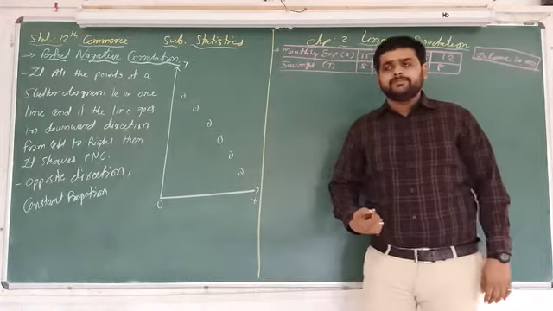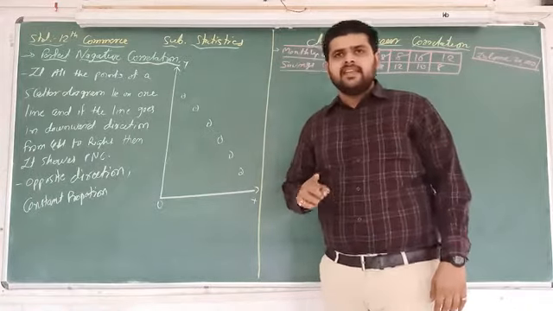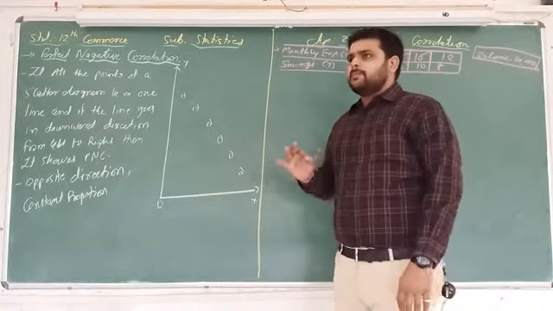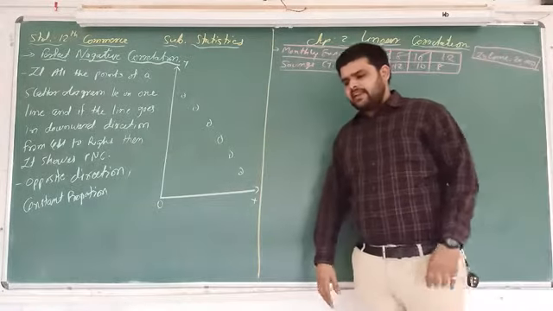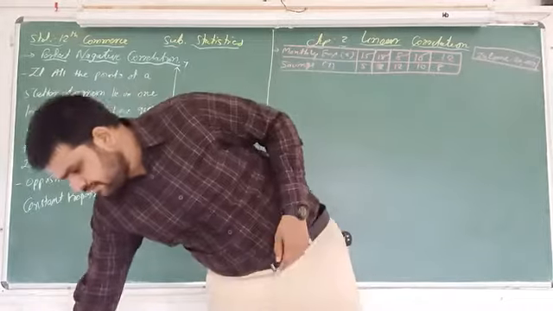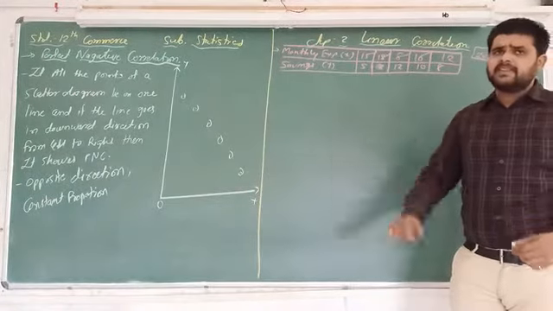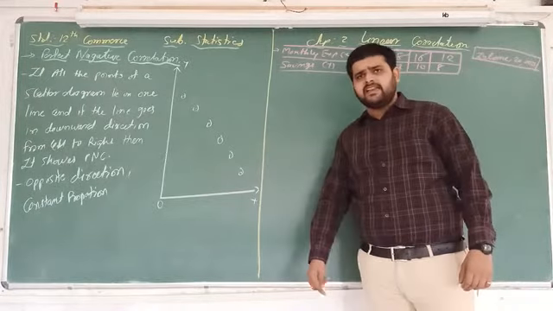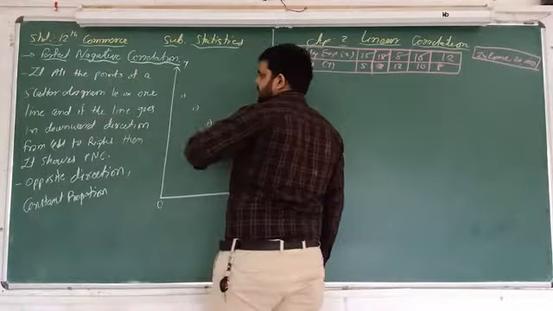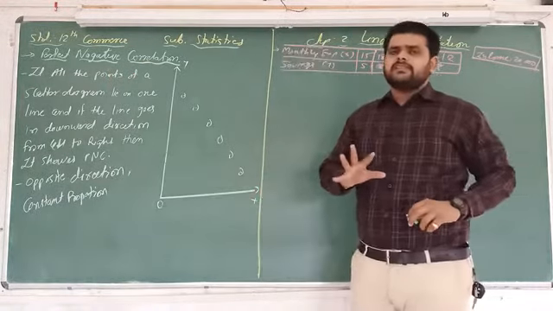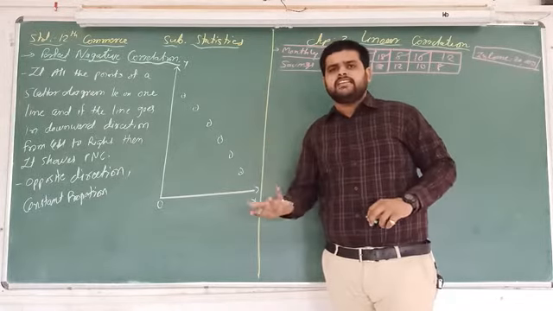Again, in the scatter diagram there are 5 types. The first type that we learned in the last video is perfect positive correlation, and we calculated illustration number 1 in the last video. Right now in this video we are continuing this chapter, and the second topic is perfect negative correlation. It is almost the opposite of perfect positive correlation.